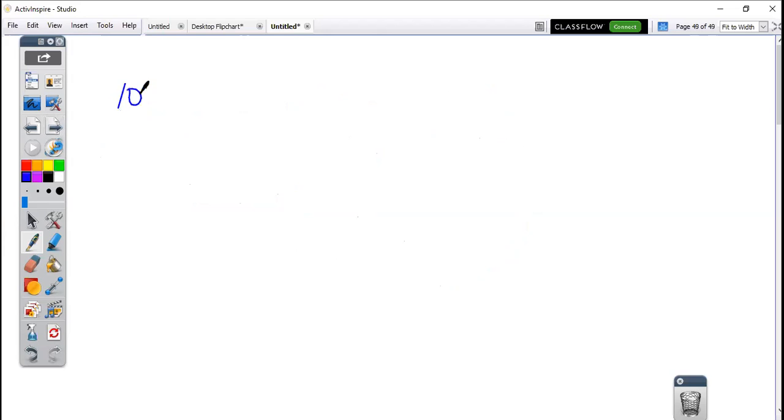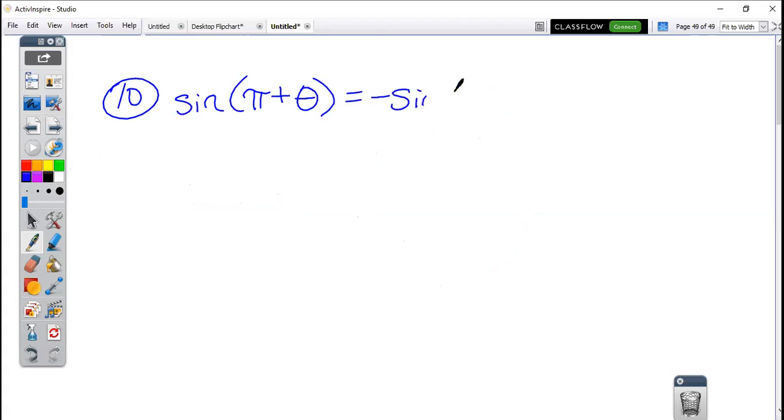Number 10. We have verified that the sine of pi plus theta equals negative sine of theta. So, very similar, but this time we're adding, and we're going to use,